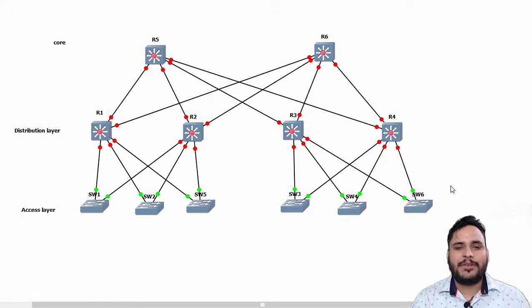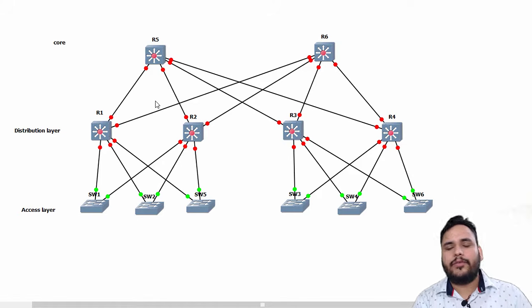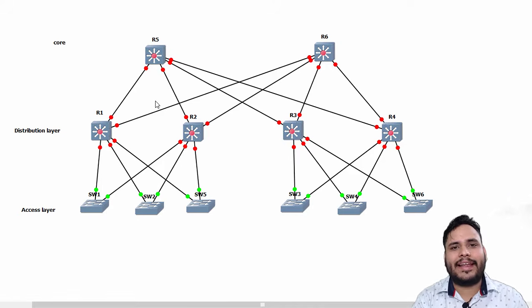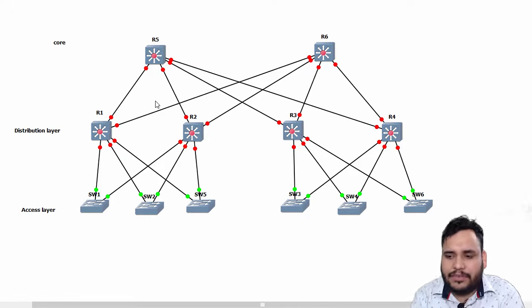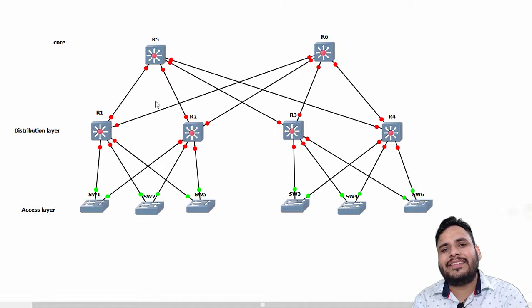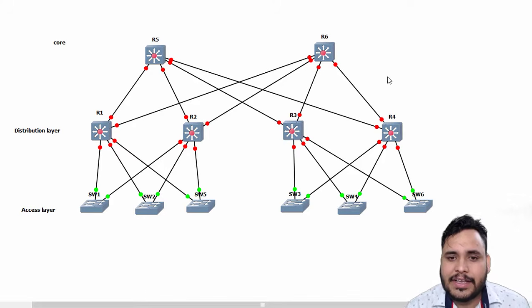Hello friends. So in our last lecture we discussed the access layer, core layer and distribution layer. We discussed the two-tier architecture and the three-tier architecture. In the access, distribution and core layers we discussed so many things. Now I want to let you know about a new technology, a new network topology architecture which is known as spine